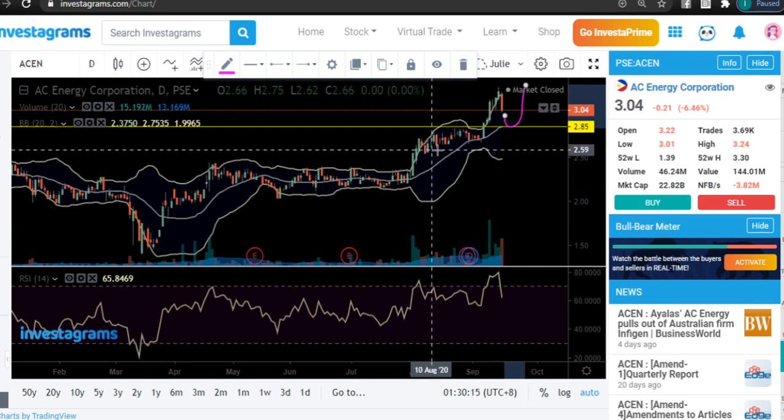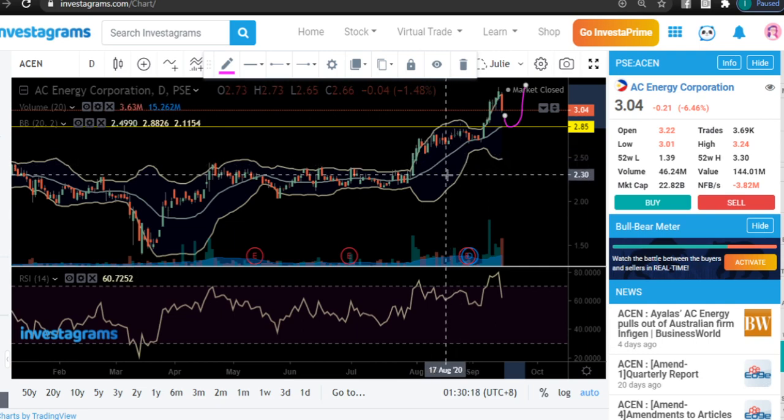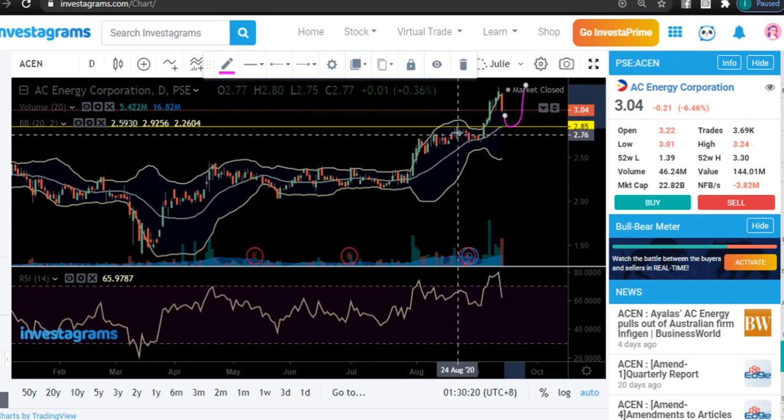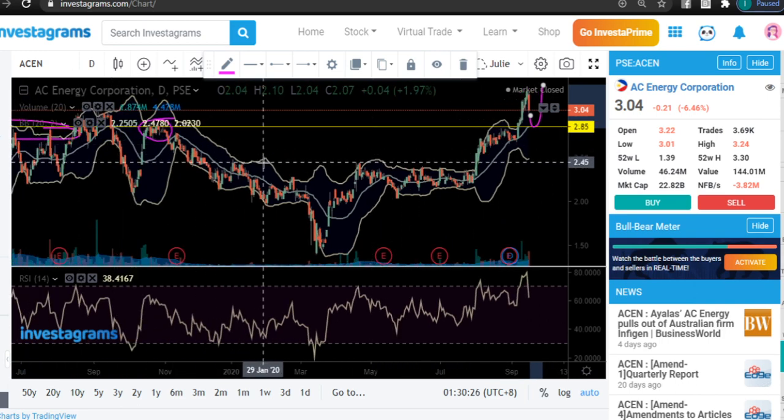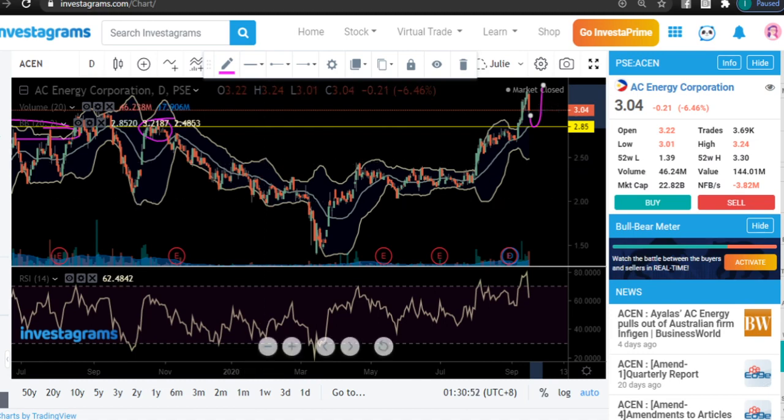But what are the chances of it sustaining? There's a big chance, of course, because there's an MA20 over here and a resistance over here and some more resistance here. So the strength of your support is strong at this point, given that there are several occasions wherein that price level was a support and at one point a resistance. So the more instances where you see it dropping or reaching that level, the more it is bound to form something in that area. The next one is